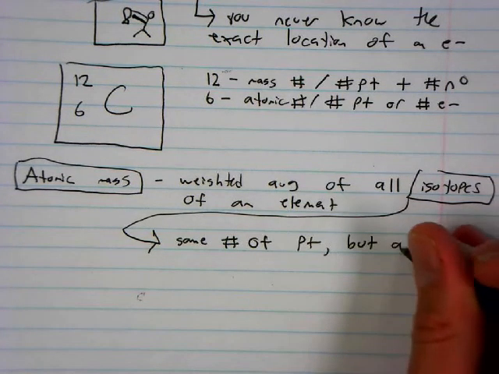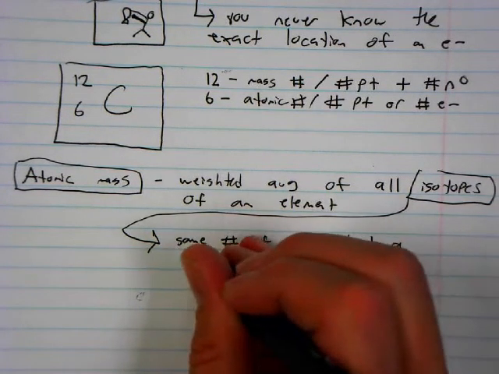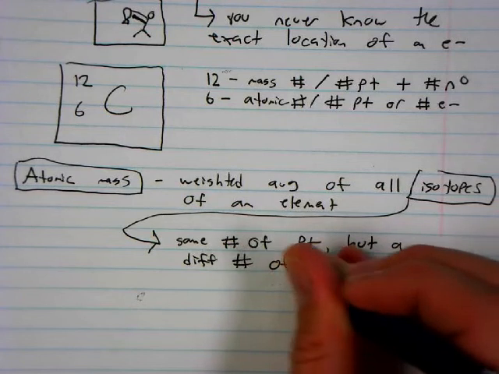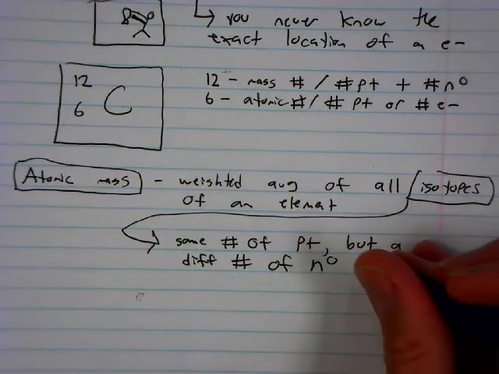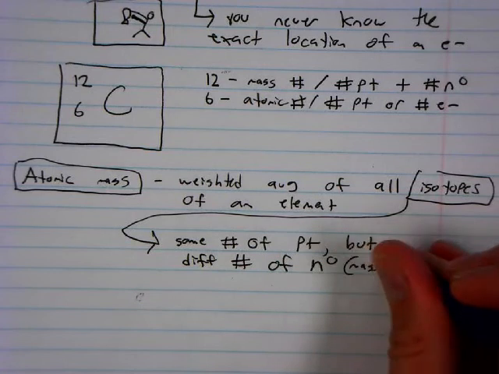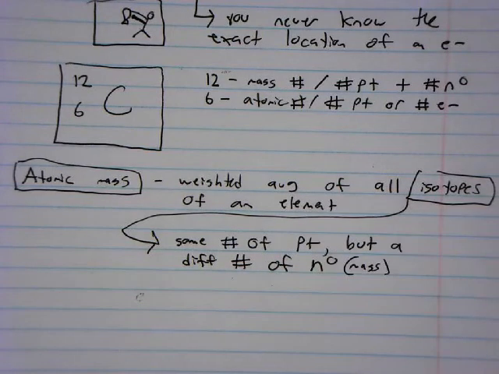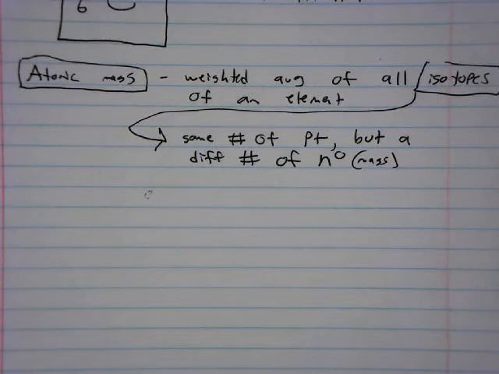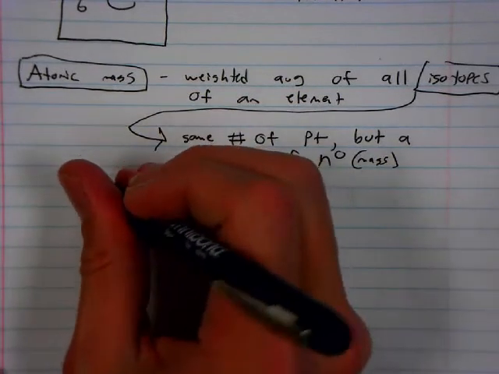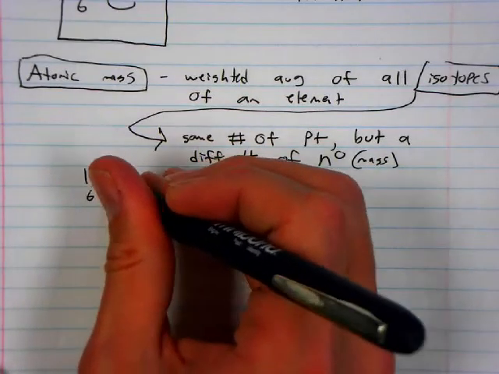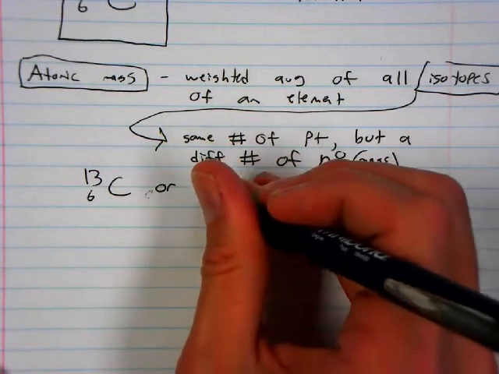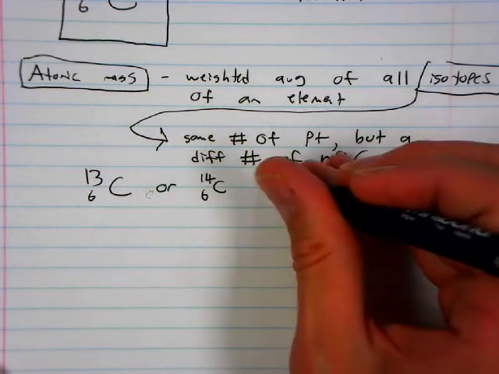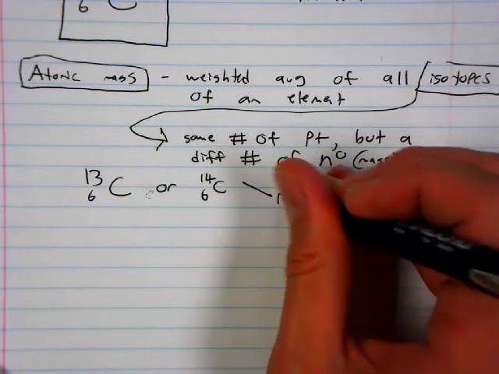An isotope is an element or atom with the same number of protons, but a different number of neutrons. I'm writing N0 for neutrons. In other words, a different mass. Different isotopes of carbon would include something like carbon-13